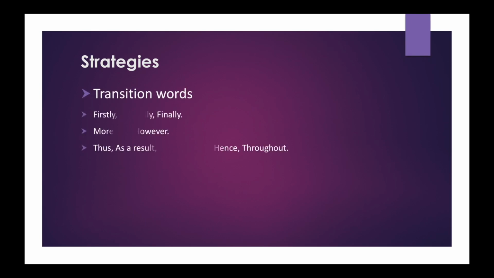Transition words. Transition words such as firstly, secondly and finally will always come in sequence. Moreover or however will always be the supporting point. Thus, as a result, therefore, throughout, above all, these are all concluding points. But sometimes the sentence with however may come before or after the concluding points. Sentences beginning with however are rarely the opening sentence. It depends upon which sentence it is supporting. Only when you understand the full essence of the paragraphs will you be able to identify the sequence. We will see one example for this type as well.